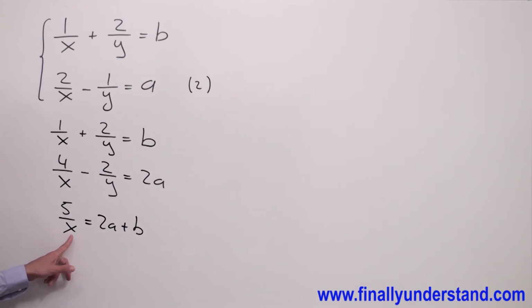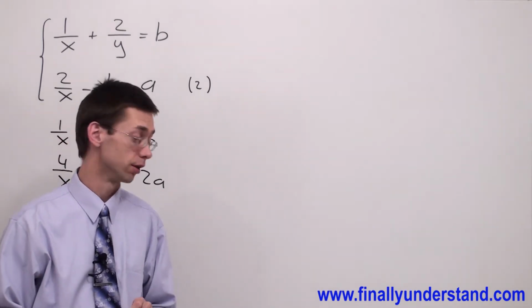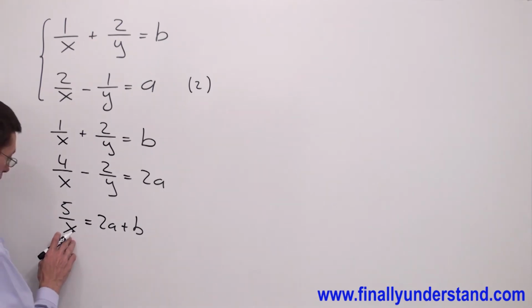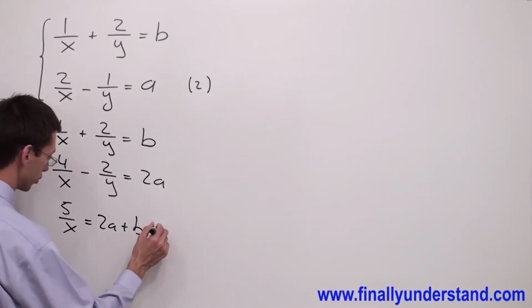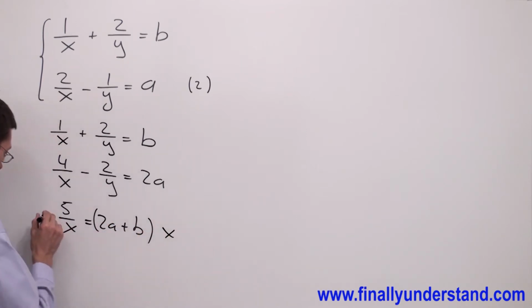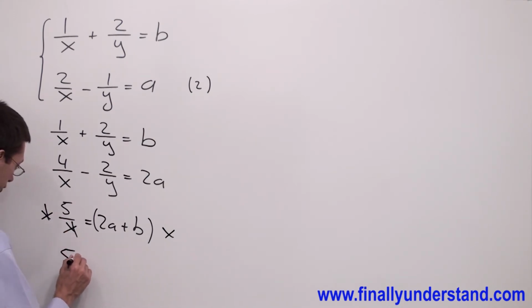In order to find x, I have to eliminate the fraction. In order to eliminate a fraction in the equation, you're supposed to multiply both sides of the equation by the denominator. Remember, we always have to multiply by the denominator. So multiply both sides of this equation by x. x and x will cancel out. And I have 5 equals